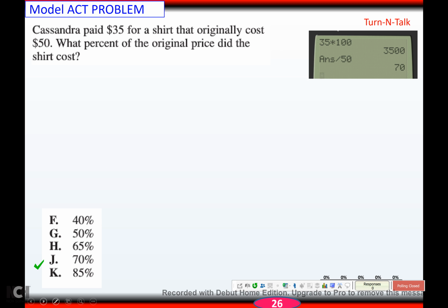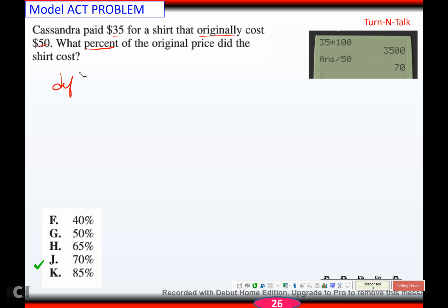And hopefully you got it. All right, Cassandra paid $35 for a shirt that originally cost $50. So this is percent decrease, because she paid 35 and it was originally 50. So she's paying less, which means it's decreased. So we've got a percent of increase. So we have,